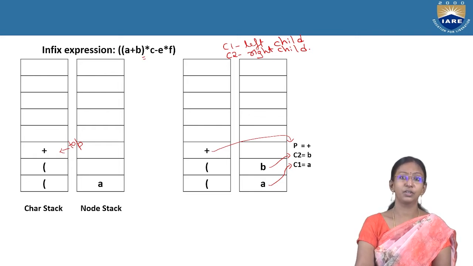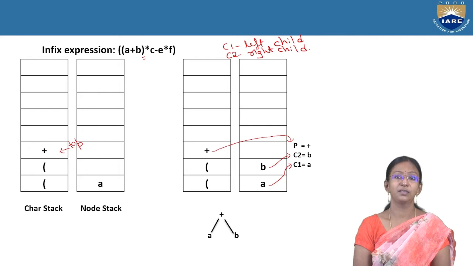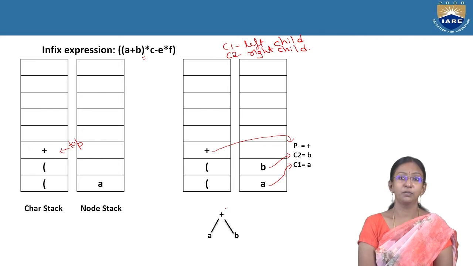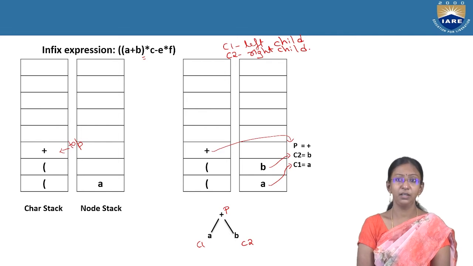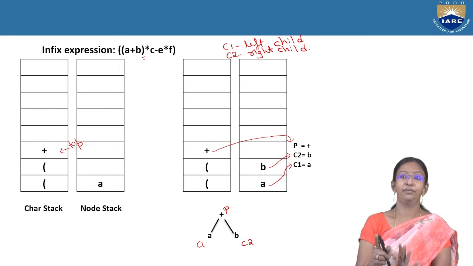So what is the structure that you are going to get? This is the structure you are going to get: parent, child 1 and child 2. Child 1 is sitting as the left child of the parent, whereas child 2 is sitting as the right child of the parent. Okay. So once you have done this,